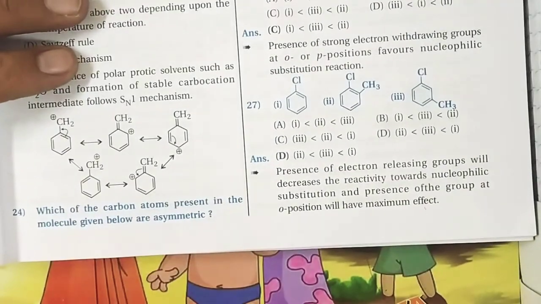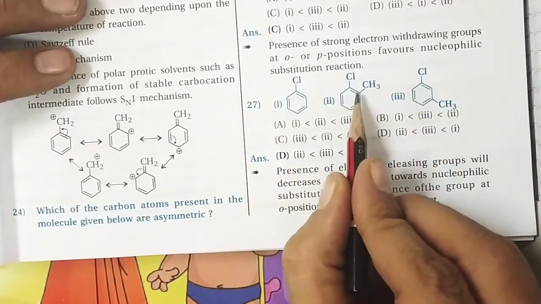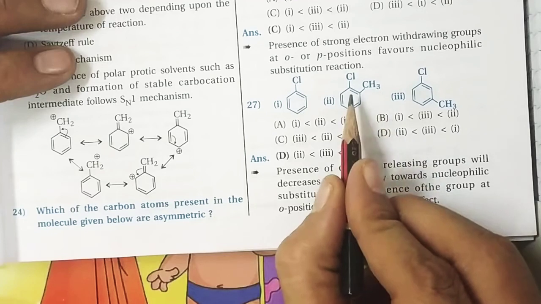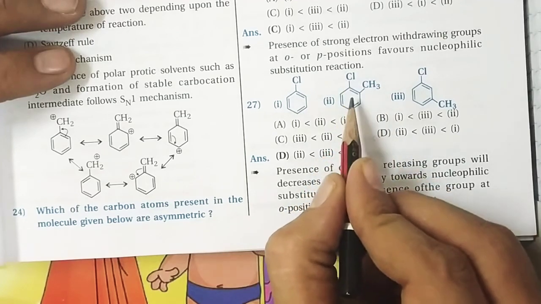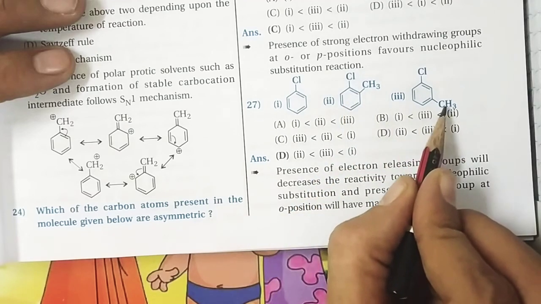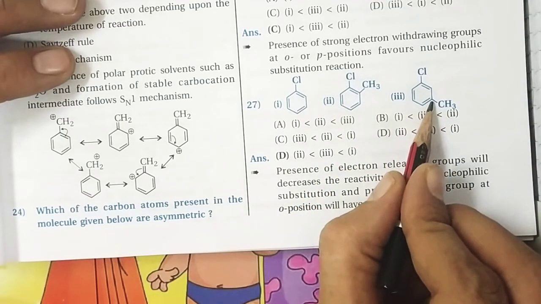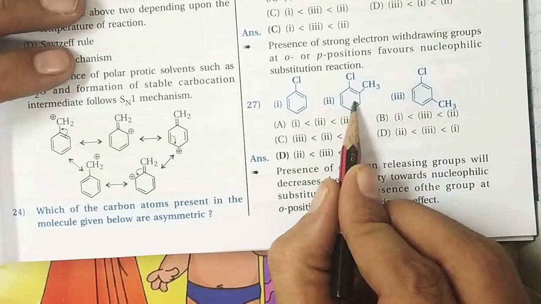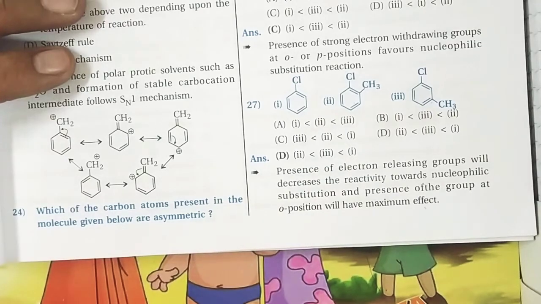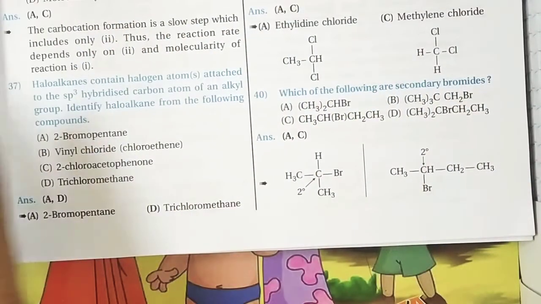Same way, the same question is asked like that. Chlorobenzene, same way. But here methyl is a donating group, mind well. Methyl is a donator. So it's hard to remove. If it donates electrons, it means that your double bond characteristics are increasing. Here is also a methyl group, but at the meta position. So our answer is like that. 2 is too much difficult, then 3 and then 1. Right? So this is all about the nucleophilic substitution reactions.